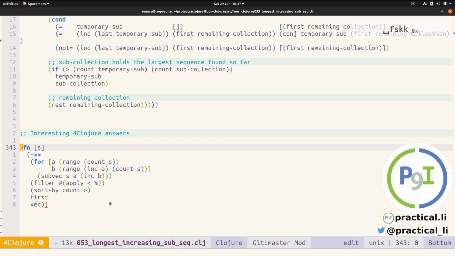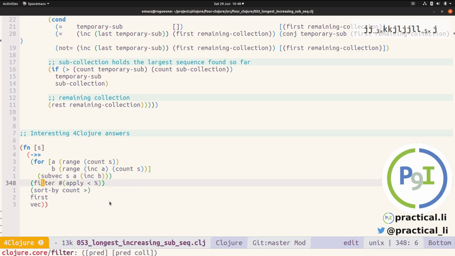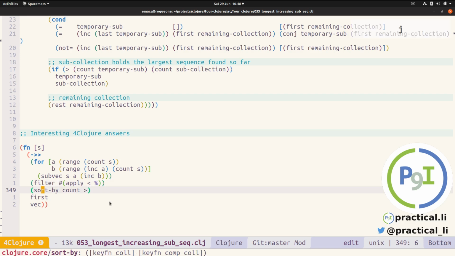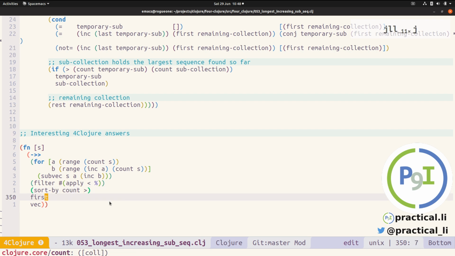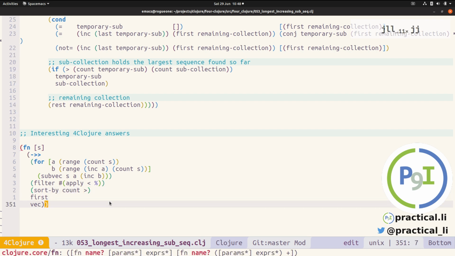And when I looked through the 4Clojure exercises, the solutions that I came up with, there was one that seems to be fairly interesting. I don't think it's doing anything specifically different to me. It's creating a few ranges, and it's using subvec rather than partition, and then it's filtering by which values are increasing or not, and dropping those ones that aren't, and then we're sorting by count, and again sorting by count. The biggest one, we're getting the first one, and then it's just putting that into a vector, although I don't know if that's strictly needed,